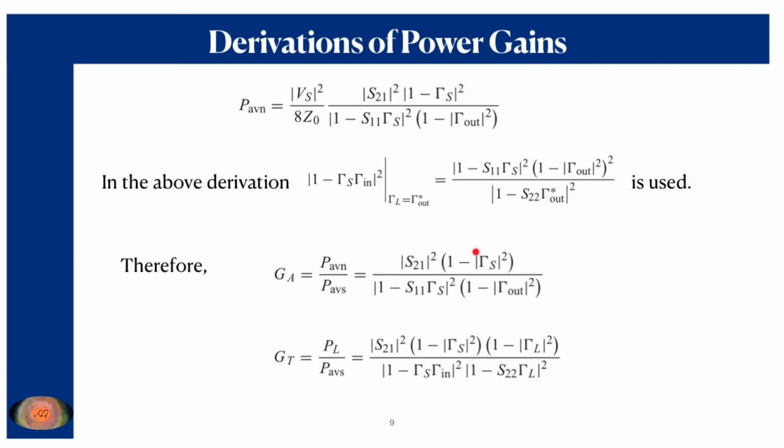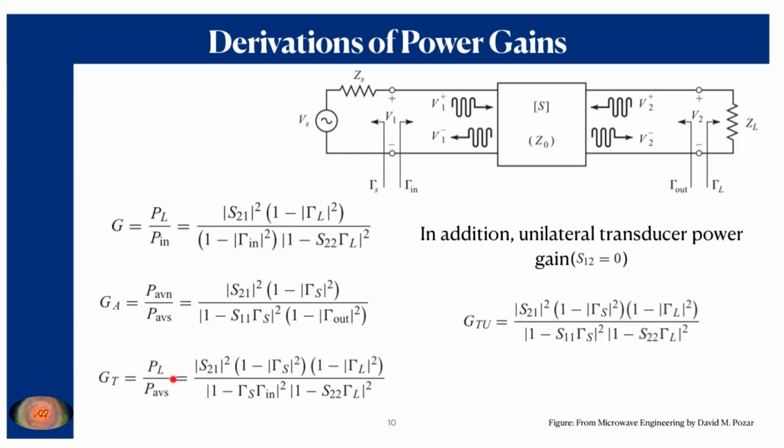On the contrary, gamma s represents the reflection coefficient associated with the input terminal, which signifies the reflected wave from the device towards the source itself, and it appears due to a mismatch between the source impedance and the characteristic impedance. So out of the total applied voltage, if most of it is reflected due to a mismatch between the source impedance and the characteristic impedance, obviously that would reduce the available power gain. Here is a list of all those power gains that I have already discussed and derived.